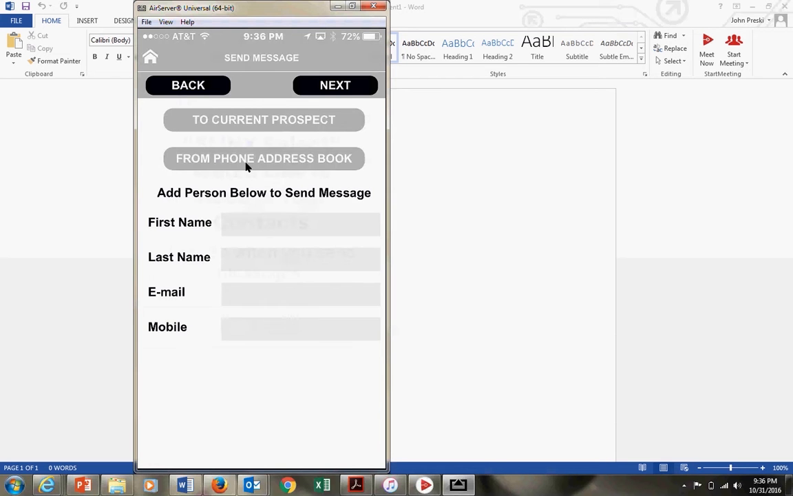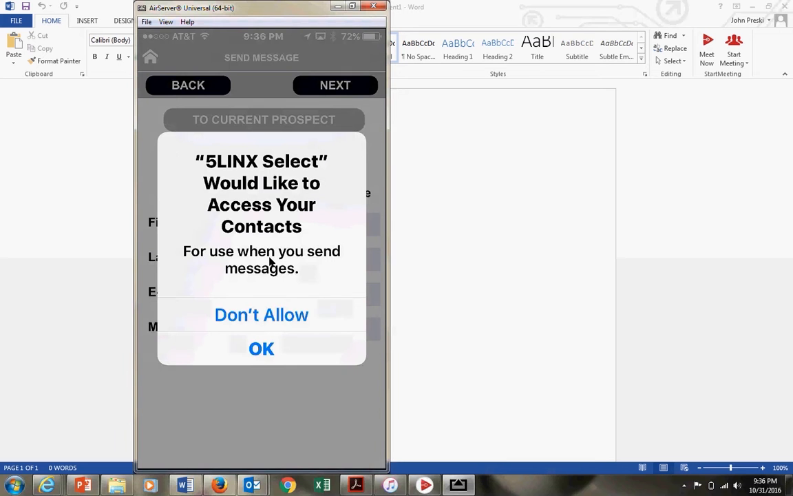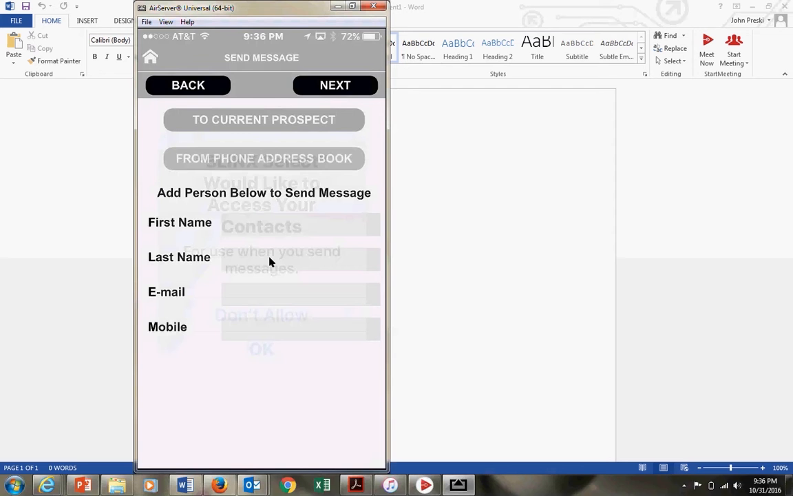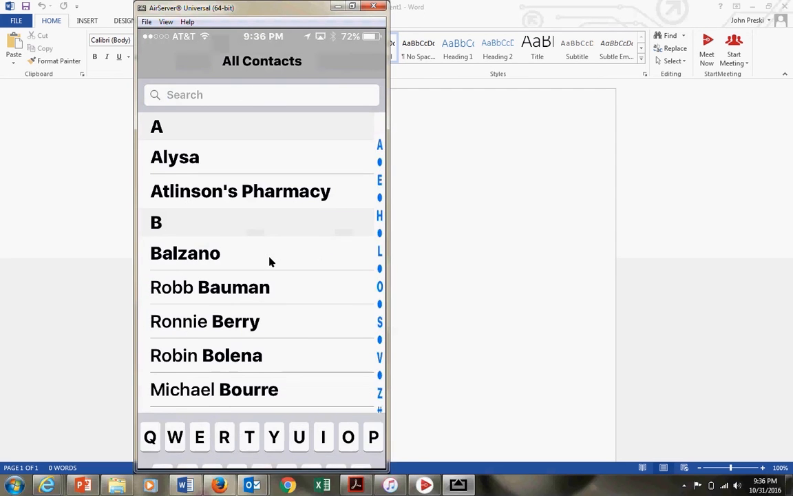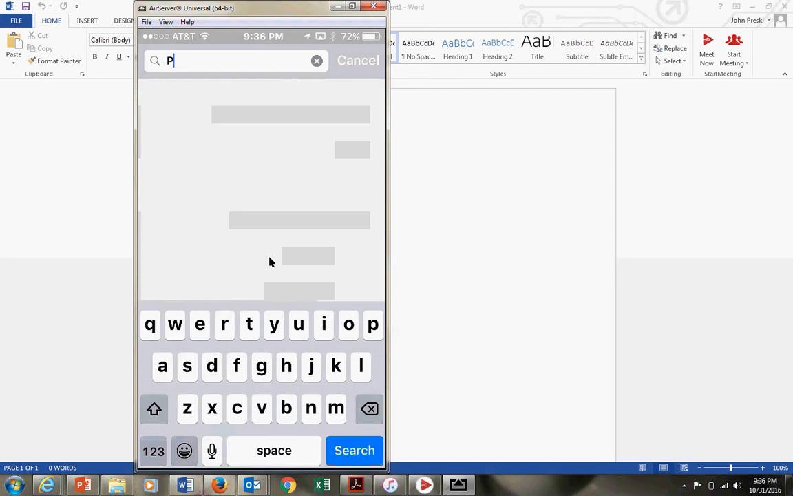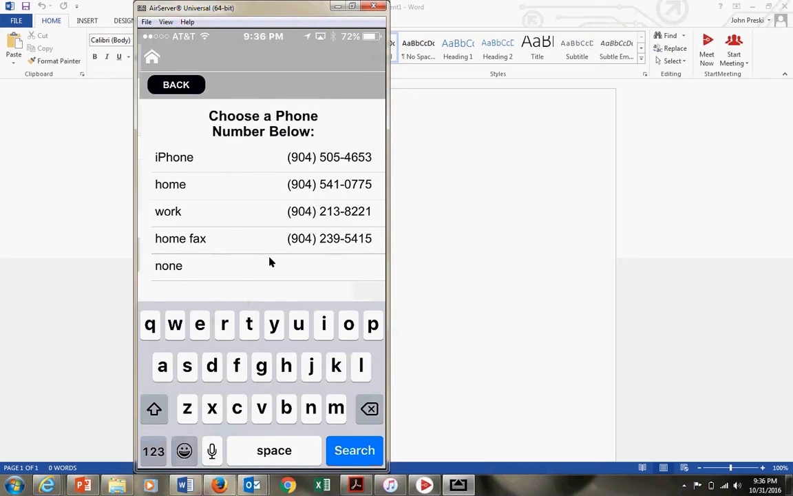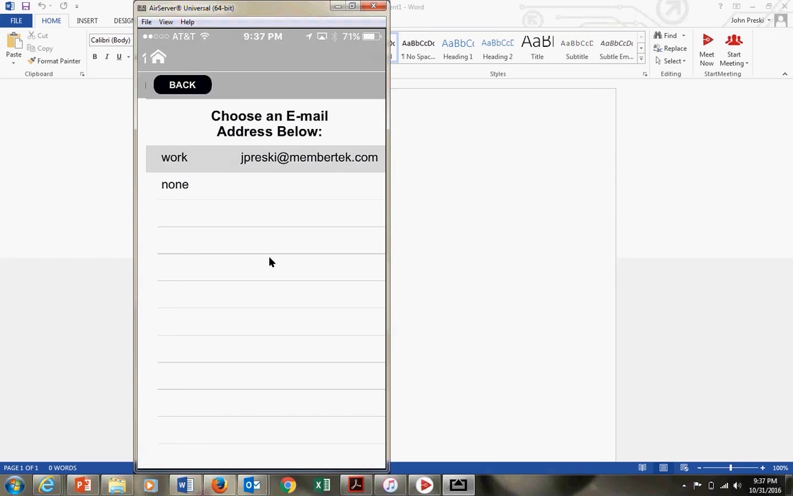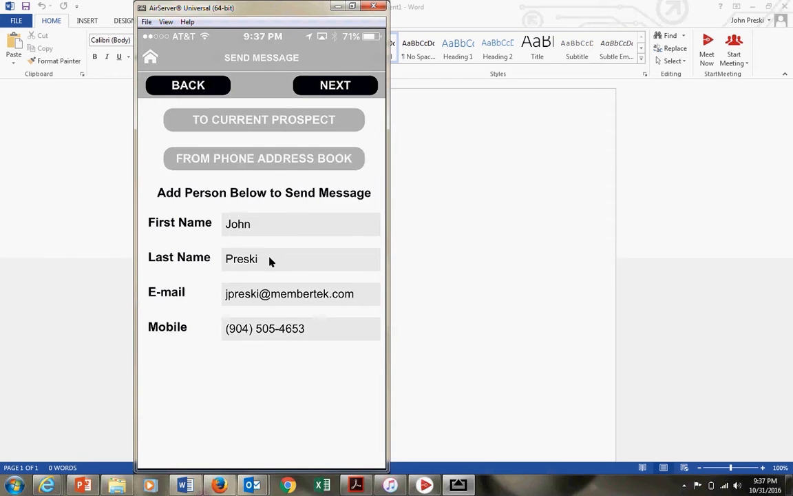So let me tap on it. And the first time it does this, it's going to say, hey, will you let me go to your address book? This is requested by Apple. So I'm going to say, of course, okay. So there it is. It's great. I'm going to search for my name. There it is, okay. There's a phone number, okay. Select it. There's my email, okay. And just like that, it auto fills it in for you